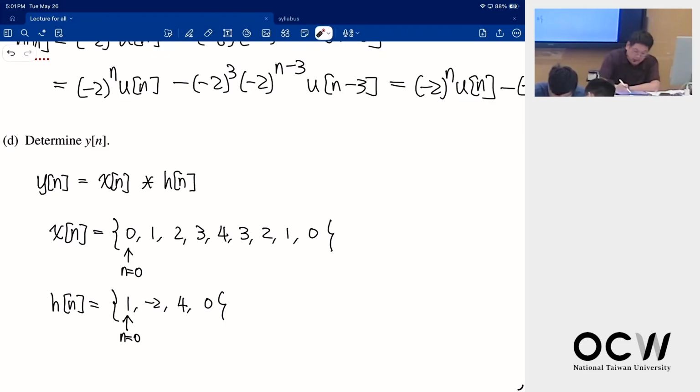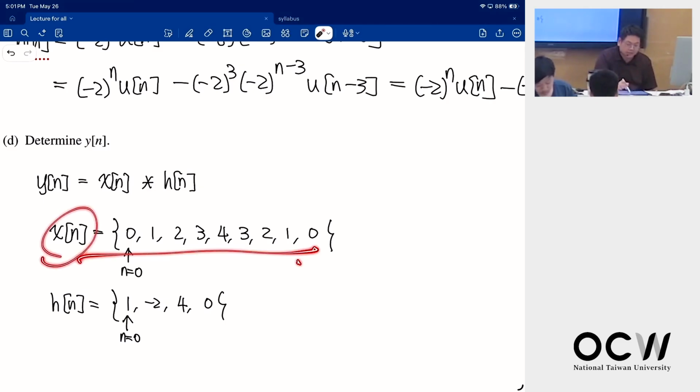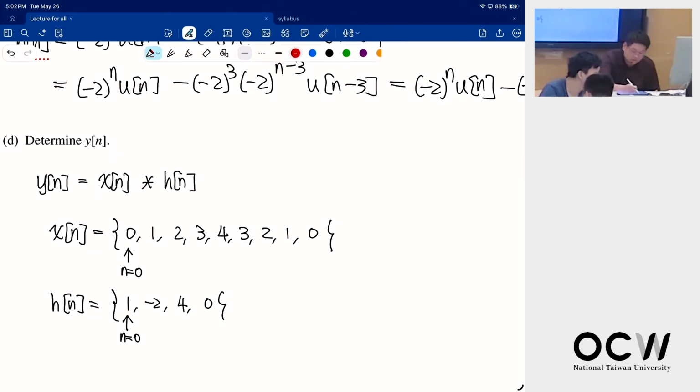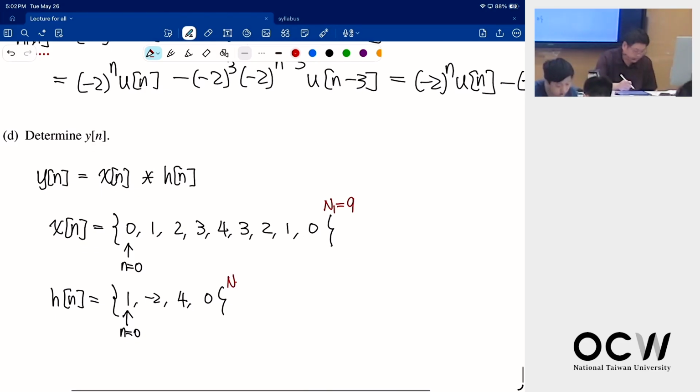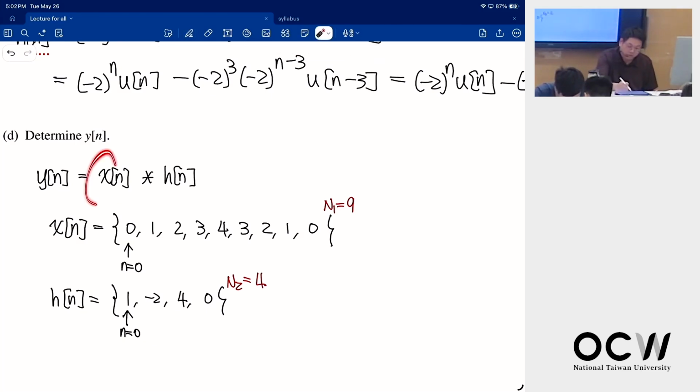When I do the convolution, what is the length of the output y? First, what is the length of x? 9. So here the length is 9. And how long is the impulse response? So overall, when I do the convolution,